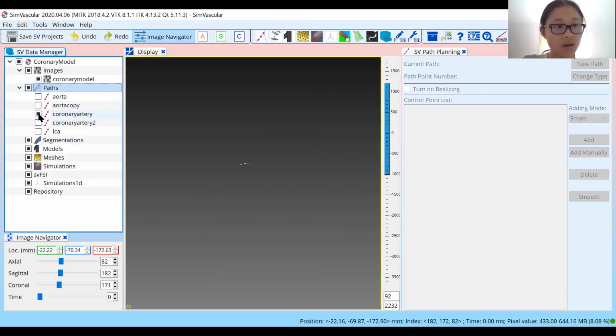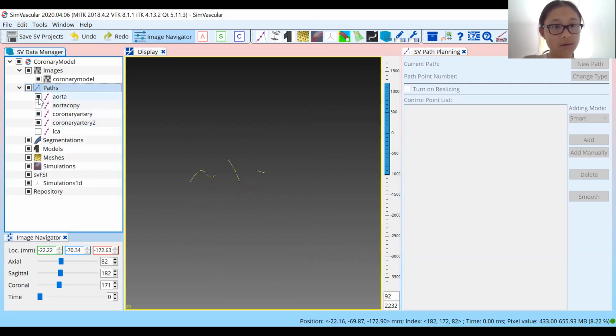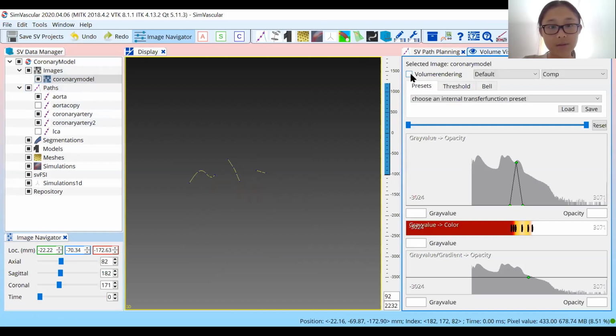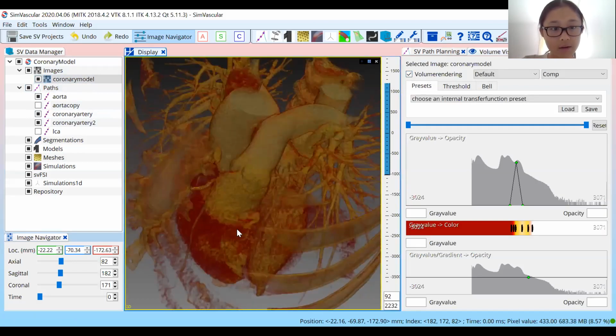Back to turn on those paths that we started, and also turn on the aorta so that we can see everything. And if we go back to volume visualization, if we turn it back on, it might not be very clear,